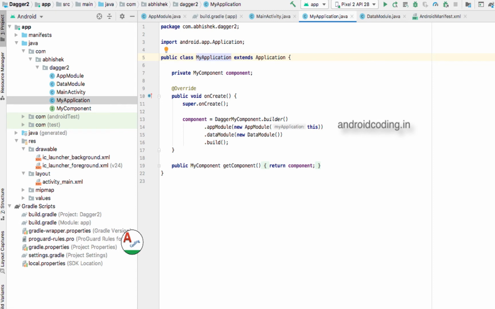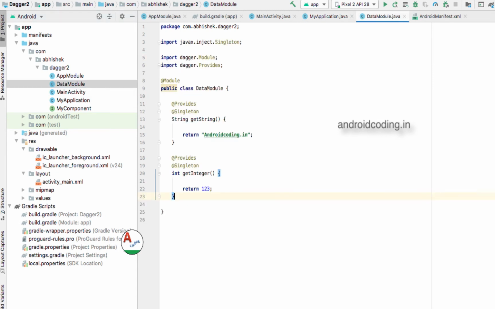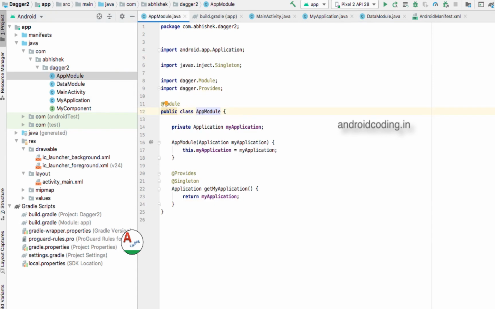Here we are initializing our Dagger component with both modules. In the app module we are specifying the context of the application, while in the data module no context is required. With the help of a primary constructor we have taken it.